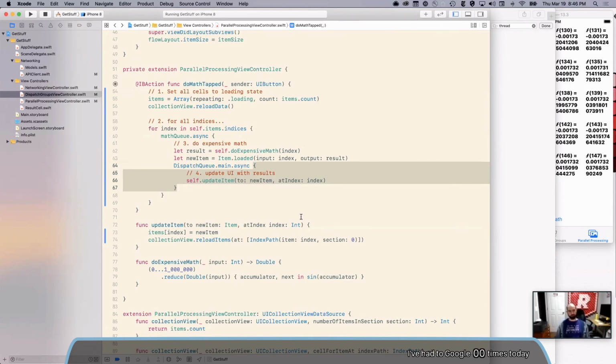They hold owning strong references to everything inside them. So when I reference self inside this closure, as long as this closure exists somewhere in memory, it will keep self alive, whatever self is. In this case, it's my view controller. You'll see a lot of people just putting weak self or unowned self everywhere, and that would break a memory leak if there is one. If I do weak self, then self is optional, and now this closure doesn't keep self alive. If self happens to disappear by the time it gets to this closure, it's nil and I don't do anything. But you don't always need to do it.